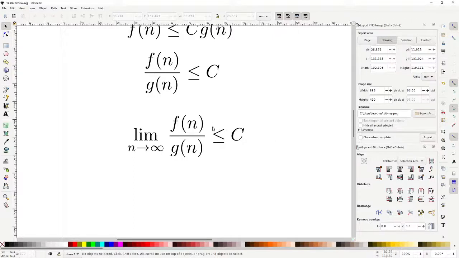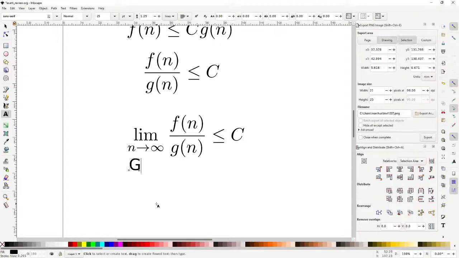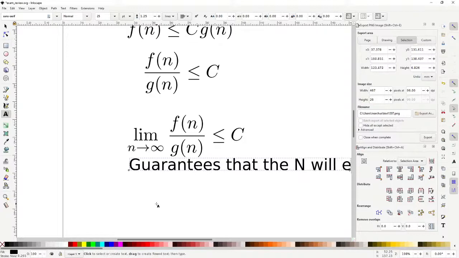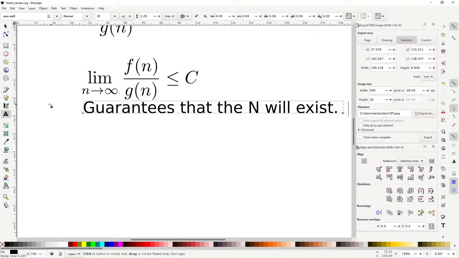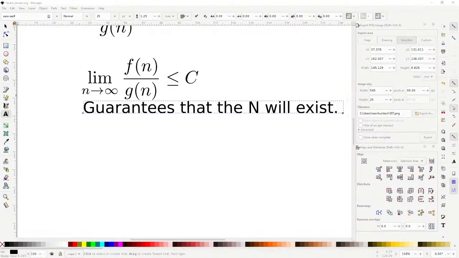And so basically, within any distance of c, you can get there with this. The secret is that this guarantees that the n will exist if you can show this limit. And so, for instance here, what you could do, if you were brave or whatever, is you could take the